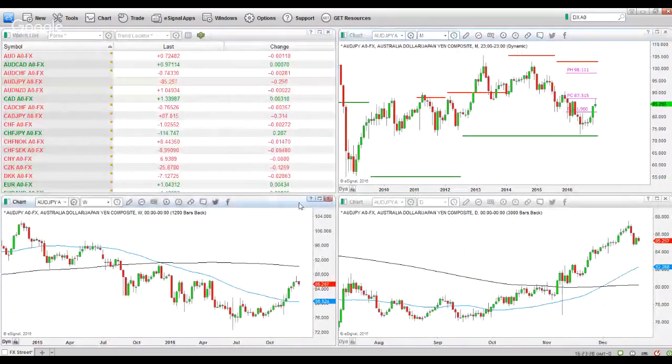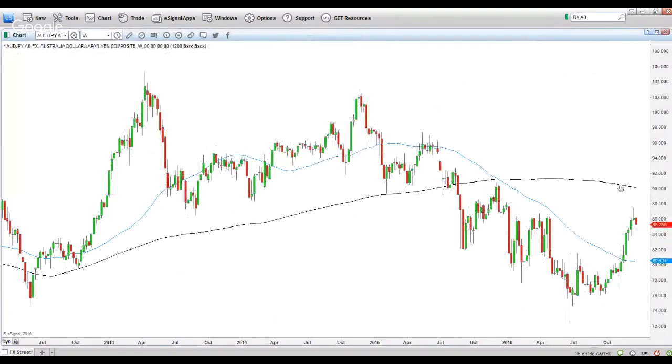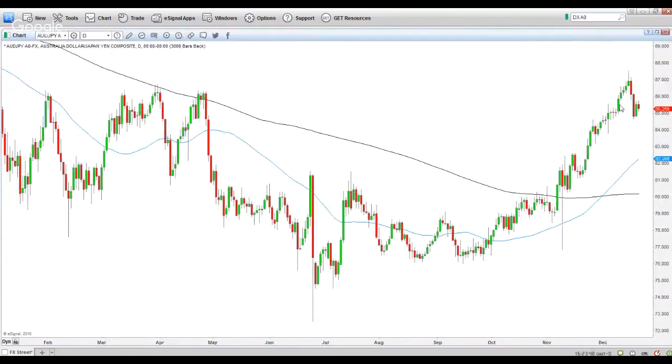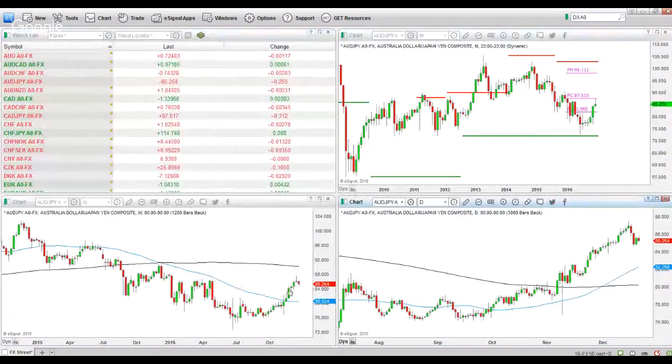Okay, if you look at the weekly, above the 50 but below the 200. So that's another reason to be patient, because if it clears the 90 mark, then it's likely to clear the weekly 200, in which case we'll then have strength to the upside. And if you look at the daily, already above the 200 and the 50, and that's expected, the daily will react first, the weekly will then follow. All in all, this is looking interesting, but this is where a skill in trading that many seem to really